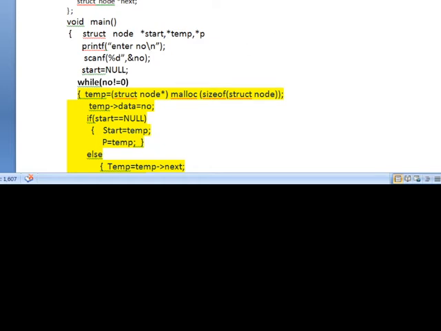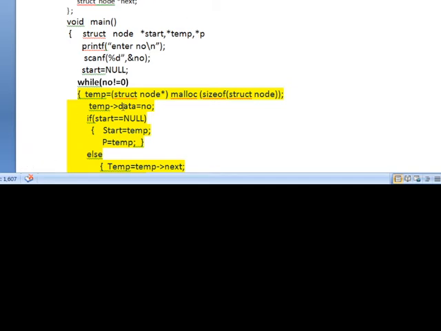Now I am going to store the data. How to store the data? Using pointer to a structure. Because it is a self-referential structure, I am using the pointer to a structure. A pointer variable is used to access data as well as to store data into the self-referential structure node.